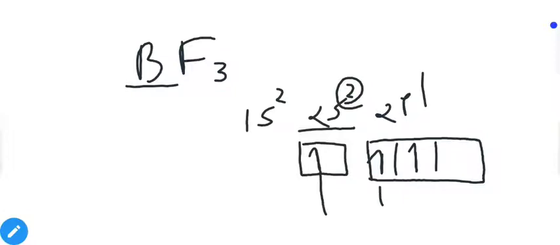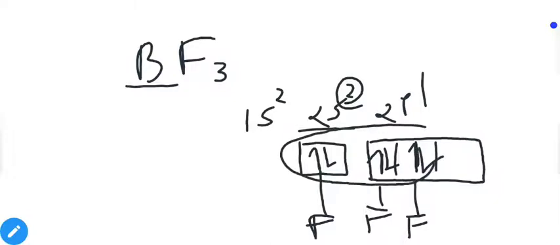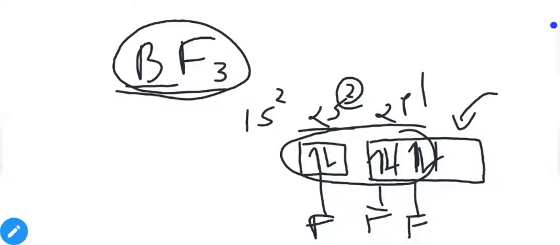These 3 unpaired electrons can pair up with 3 different fluorines in the BF3 molecule, as we can see. And now we have only 6 electrons and a completely empty orbital. Because of this, these elements form electron deficient compounds. That means when a group 13 element forms 3 bonds, it does not complete its octet. That's why they are referred to as electron deficient. And because of this empty orbital, these compounds behave as Lewis acids, because a Lewis acid has a tendency to accept electrons.